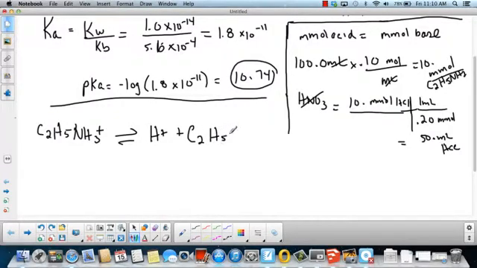So C2H5 and H2. Now we already found our Ka value up here, so we're good because we already found our Ka using our Kb. What we have to figure out is what the concentration was. Now we still have 10 millimoles, right? So we've got 10 millimoles, and that 10 millimoles is diluted into 150 milliliters, okay, which is